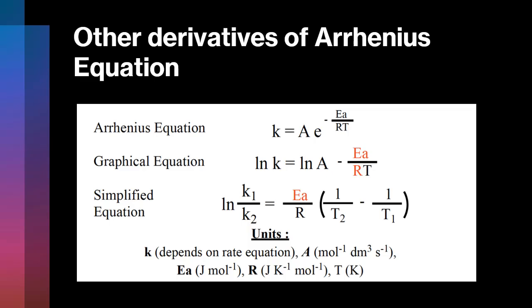But one important reminder: temperature must always be in units of Kelvin, and energy of activation is typically going to be in units of joules per mole, because R, which is our gas constant, is given to us in units of joules per Kelvin per mole. And that constant, R, is going to be equal to 8.314, again, units of joules over K mole. And again, this is a constant, not something you'll have to remember. I'll give that to you on the exam.